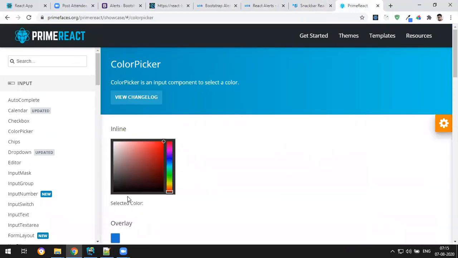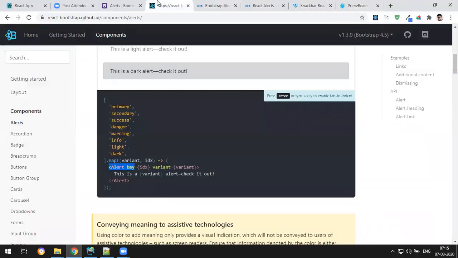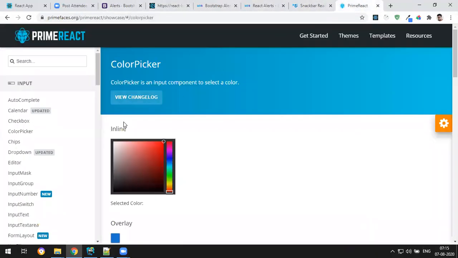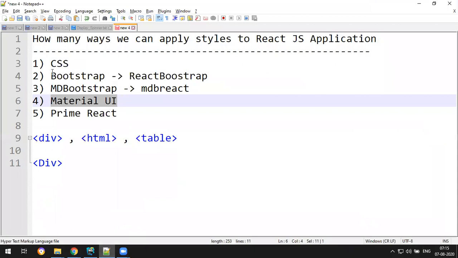Okay, I have given a few examples, but many more are there. But these are most popular. Fine. So what we have done yesterday is how to connect the regular CSS. Now I want to connect to Bootstrap and MD Bootstrap.